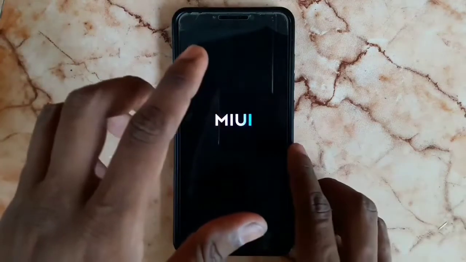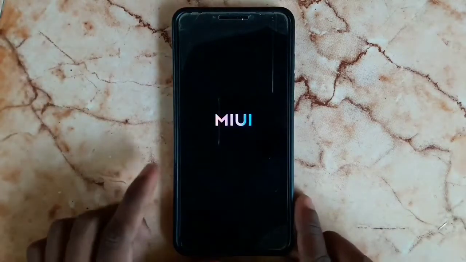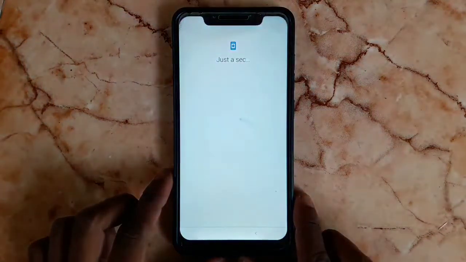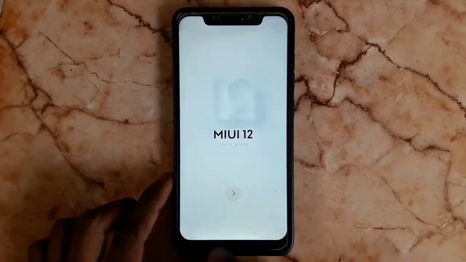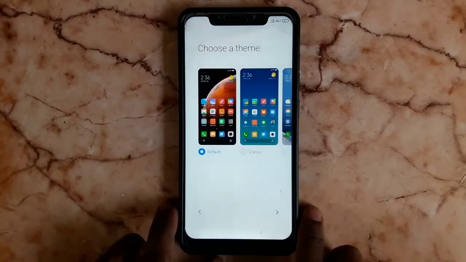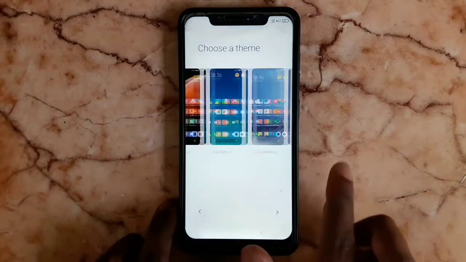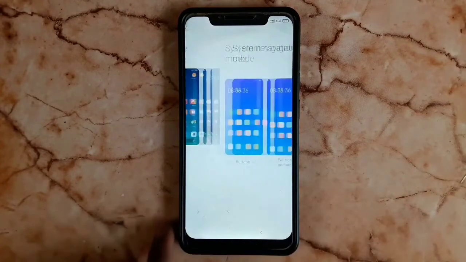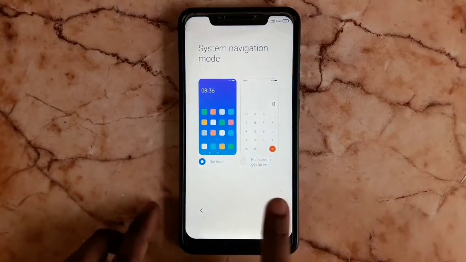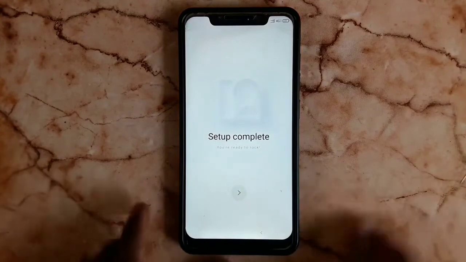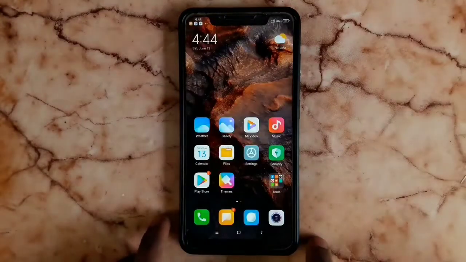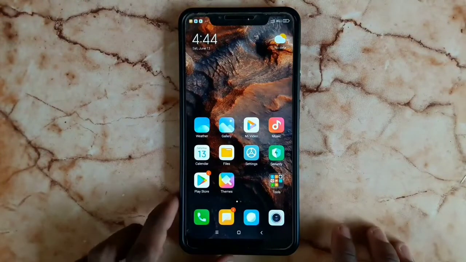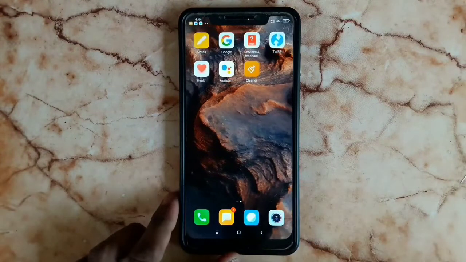Okay, next is the installation process, and this is the booting animation from MIUI 12. In this installation process, whatever it asks, just give it and proceed to the next step, like language, data, SIM, etc. After that choose the theme you like to use. I'm going to choose the default one, the Moss live wallpaper, and choose buttons and go forward. That's it, all set. We have successfully installed the latest version of MIUI 12 2611 from Xiaomi EU port on Poco F1.